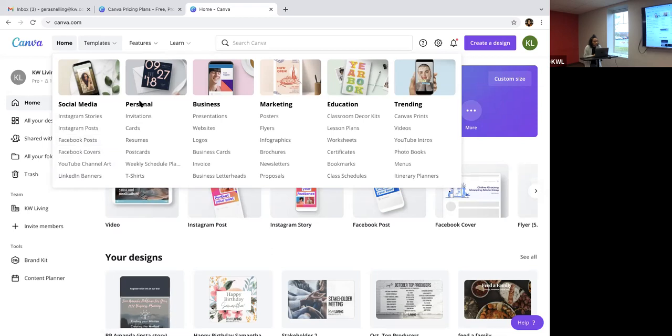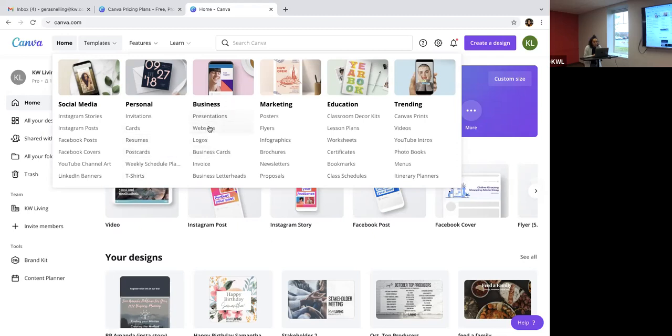Or if you're a realtor, which all of you are, you want to send something out to your sphere. You can create invitation designs. You can download that design to your laptop and then send it to FedEx to have them print it out. This is a really good resource in case you want to do physical cards or postcards, invitations, literally anything. Business,